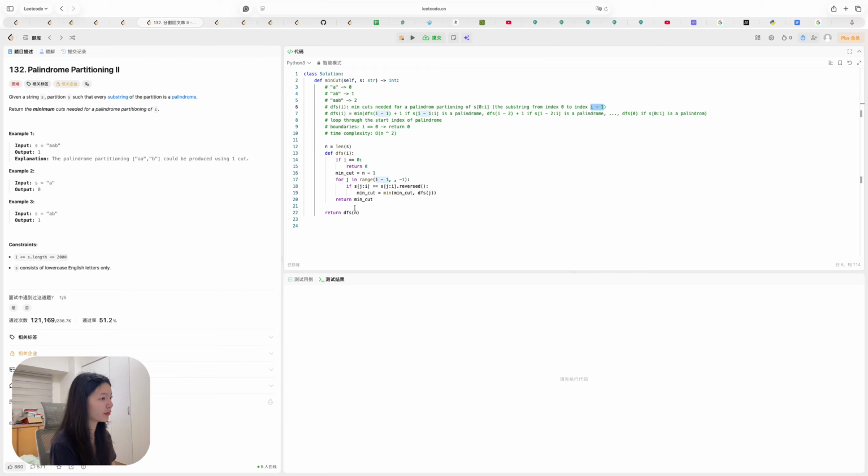So we will have n to have index 0 to index n-1. And we haven't done the range end. Let's see, this is i-1, so till